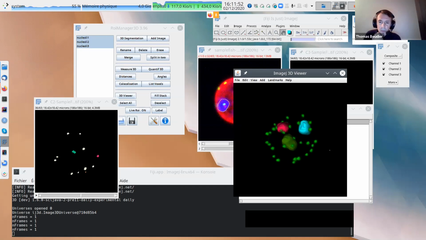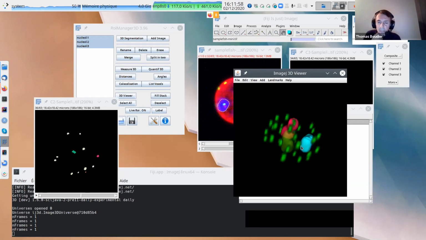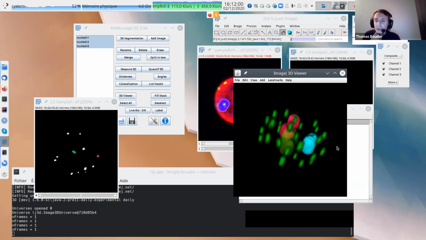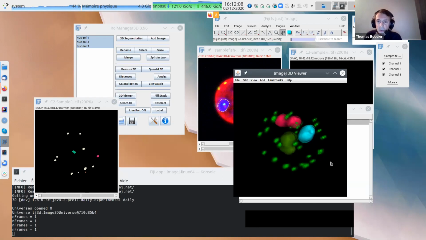Okay, so it's not a channel. Okay, so here, the small spot in green, you can see the visualization is a bit different. So it's coming from the raw data. It's not from the segmented data. So we can do the same with the segmented data. So we can see the 3 objects on the spots on the same image.